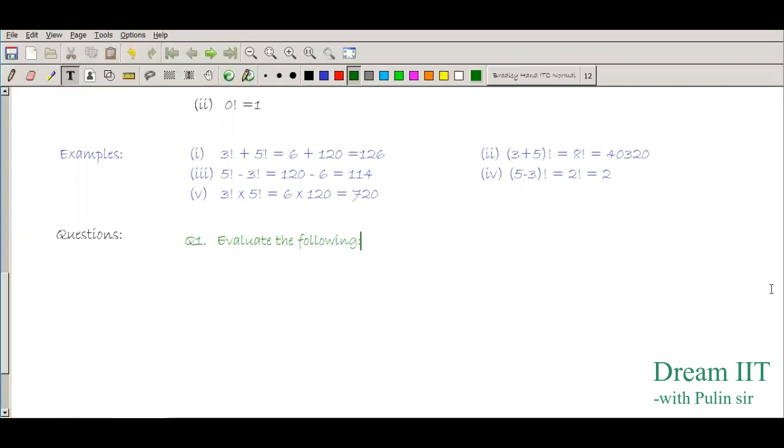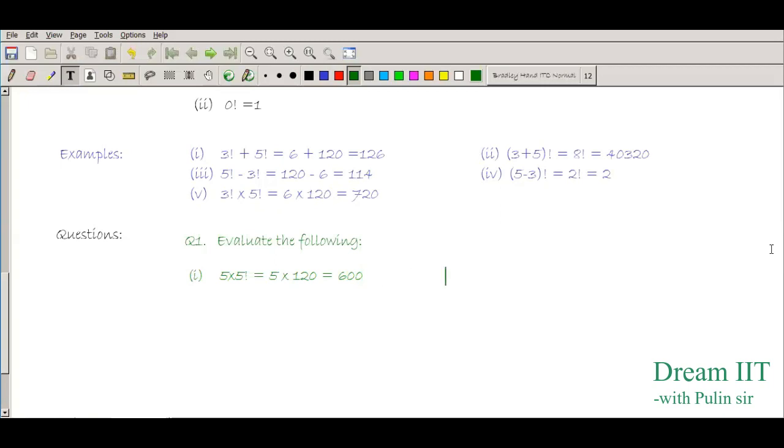Already we have done some in terms of examples, so I'm not going to take those kinds of questions here. Suppose someone is asking you 5 times 5 factorial. So here only I'll write the answer. What is 5 factorial giving you? 120. That you have to remember. You have to evaluate separately. So this is 600. The value is 600. This is one, right?